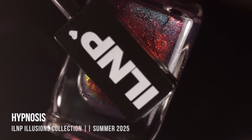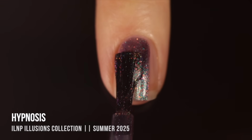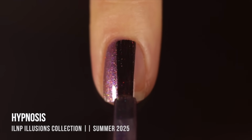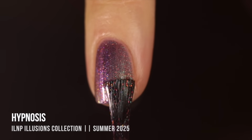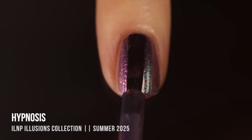Next up we have the shade Hypnosis, and this is definitely going to be one of the more difficult ones to describe because I feel like there are just so many colors in here. Like depending on how I move my nail around, I can basically see every color, and I thought it was